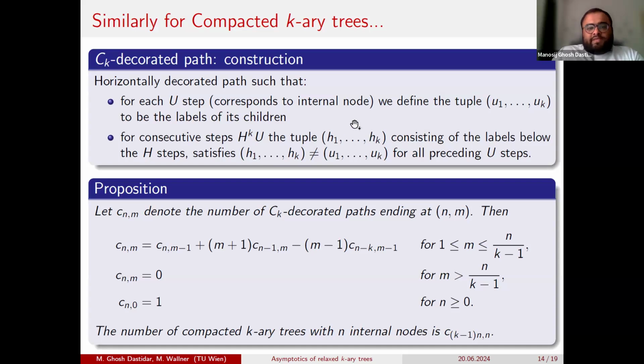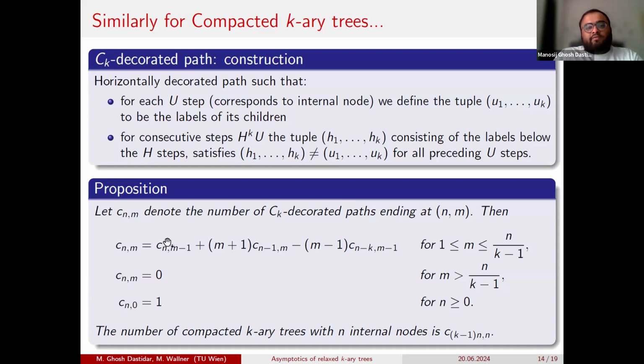For every up step corresponding to an internal node, we define the tuple U1 to UK to be the labels of its children. For consecutive H^K U steps, the tuple H1, H2 up to HK, consisting of the labels below the horizontal steps, cannot be equal to any U1 up to UK for all preceding steps. This is again to ensure that common subtrees are shared and represented only once.